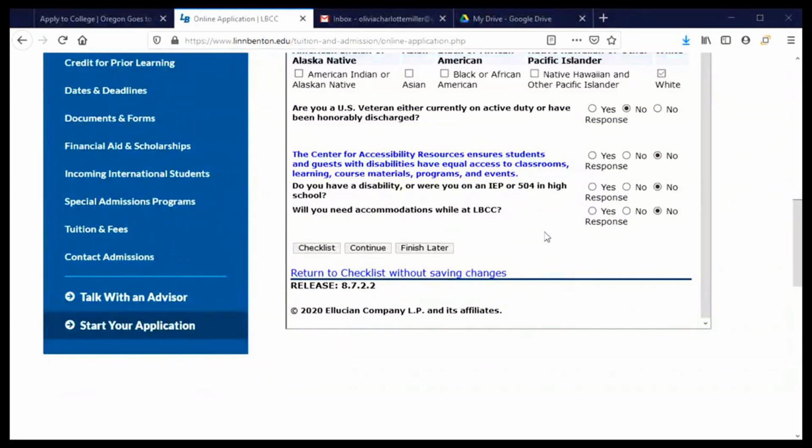This next set of questions is also about resources that you may have available to you if you were to attend LBCC. And these are about the Center for Accessibility. And this first one seems to be a link to give us some more information about the Center for Accessibility resources, and it's not really a question, so I'm going to leave that no response mark there because I don't think that's actually a question, and move on to the next question, which is whether or not I have a disability